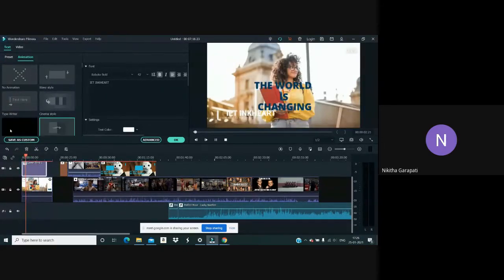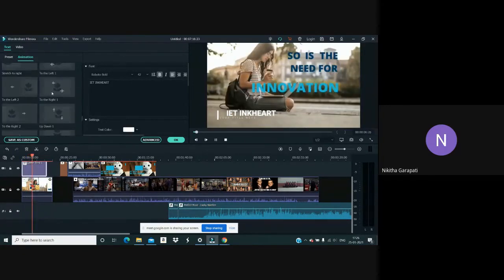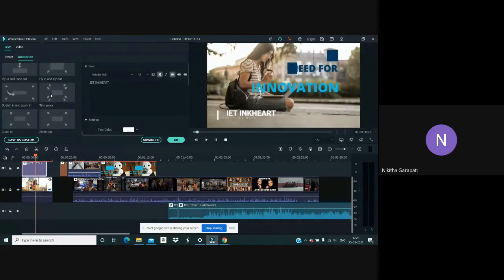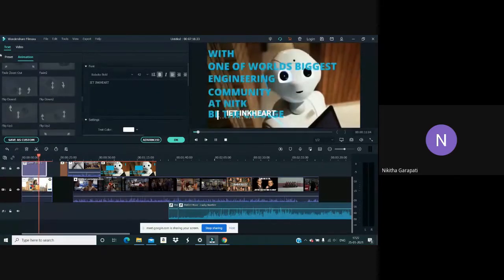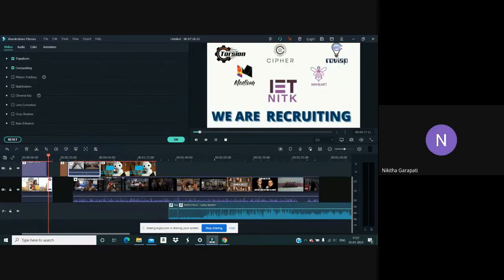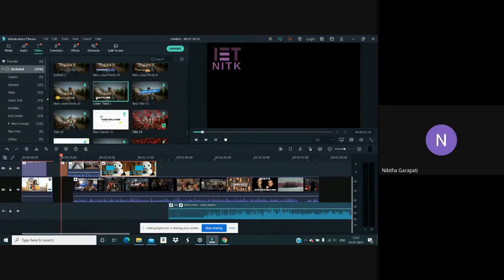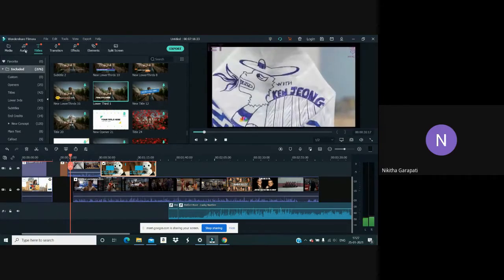So similarly, you can choose the animation in which the title has to be displayed. You even have a few tabs to change the style that you want. After you're done with it, click on OK, and that's disappeared. Now you're again back over here in this area.